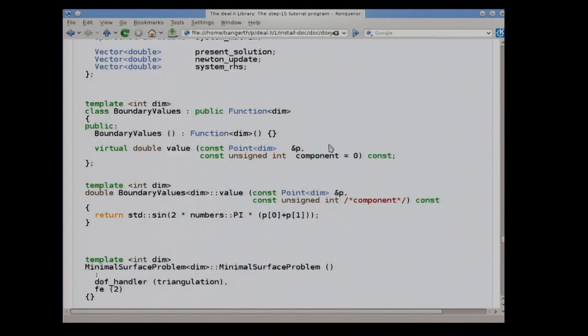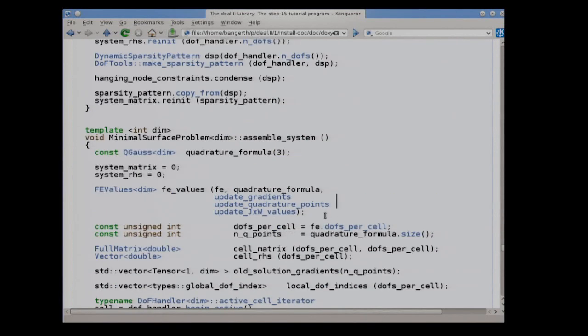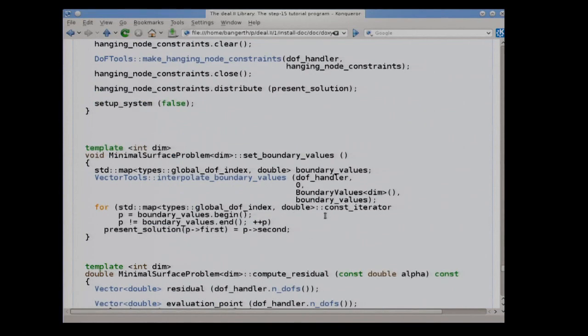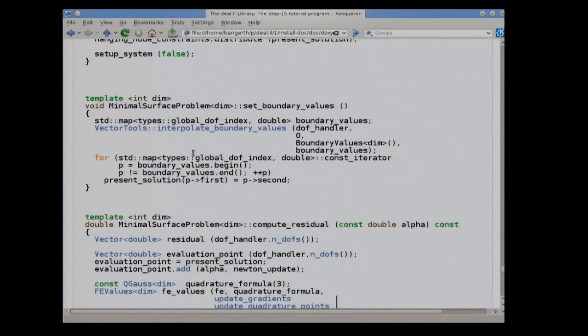Here, boundary values. That just returns sine of 2 pi x plus y. That is the class that defines the boundary values that we want to apply to the problem. So in this function set boundary values, we interpolate the boundary values into this map here, from index to